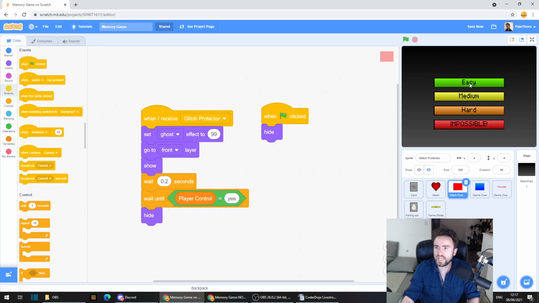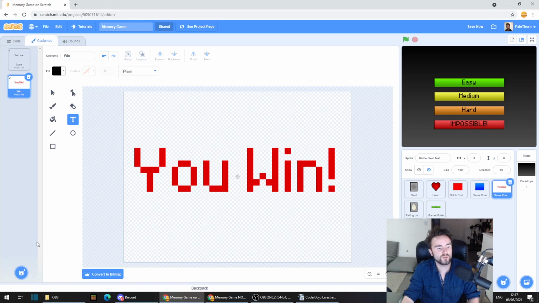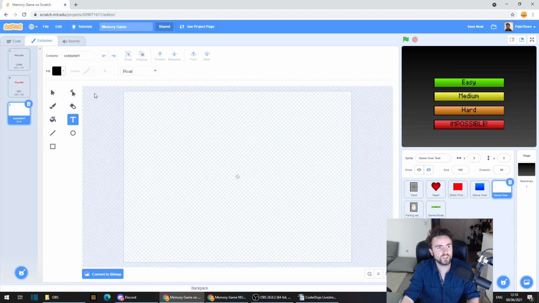This looks a little bit plain, and you can see I've left us a little bit of space at the top here. So I'm going to put some code into our game over text that just makes a little choose your difficulty appear. We're going to go to game over text, the sprite, go to costumes in the top left corner, and paint a new costume. We're going to call this start, and I'm going to basically make white text,